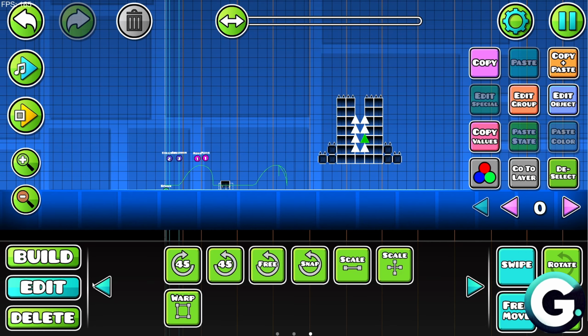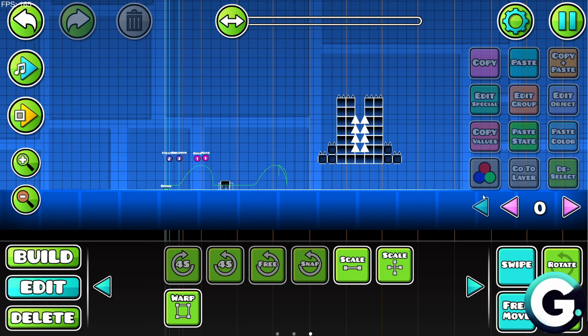The first thing that you want to do is to just make sure that you are inside the edit function. Deselect everything, and then you want to press shift on your keyboard, and while you're at it you can just click and drag over the blocks that you want to loop perfectly. So in my case it's going to be this one, and from here you can just click on the copy